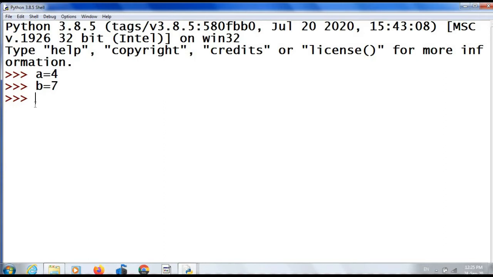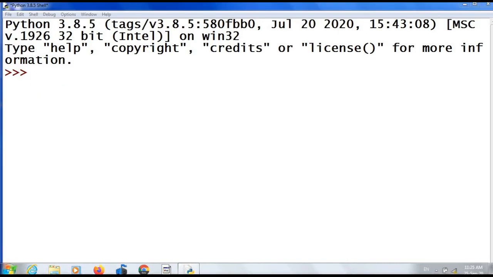And the double equal to, see, A double equal to 4 means it will check whether the value of A is equal to 4 or not. The value of A is 4, so it returned true. A double equal to 5. It is false. So, single equal to is an assignment operator and double equal to is a relational operator.